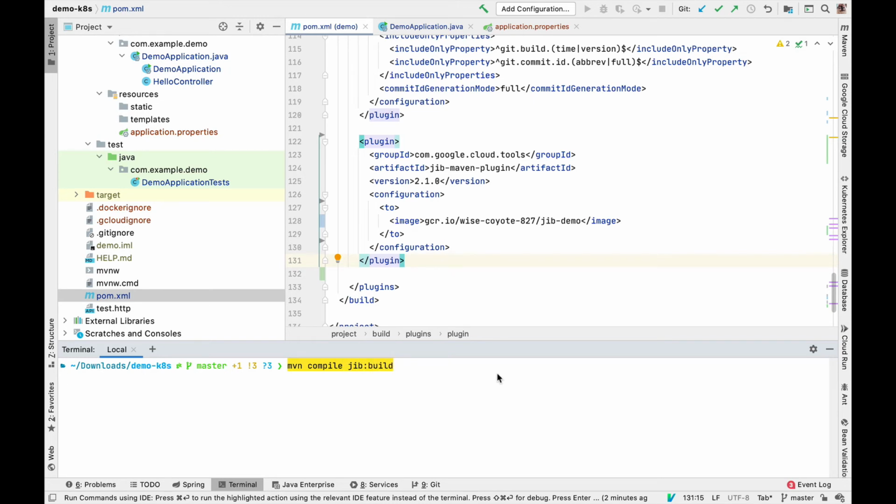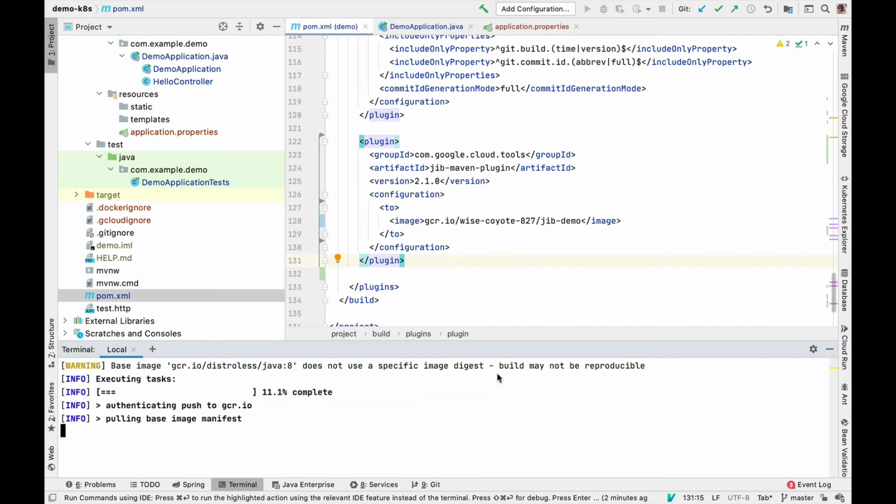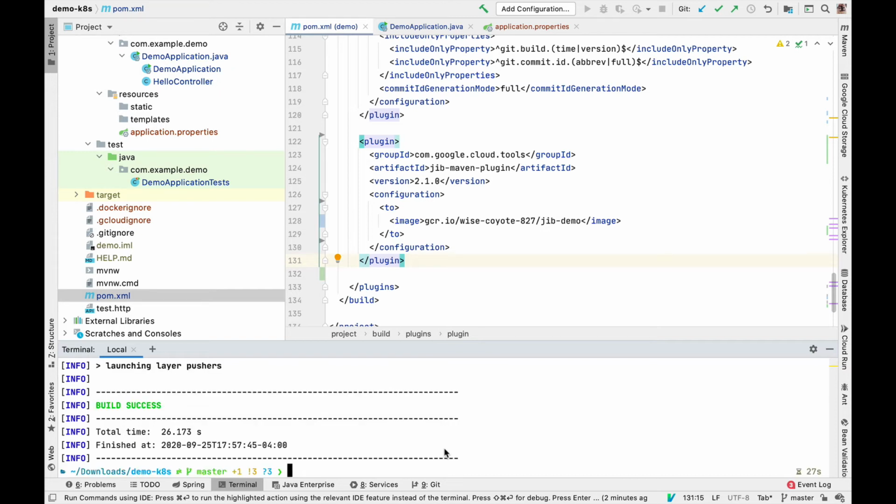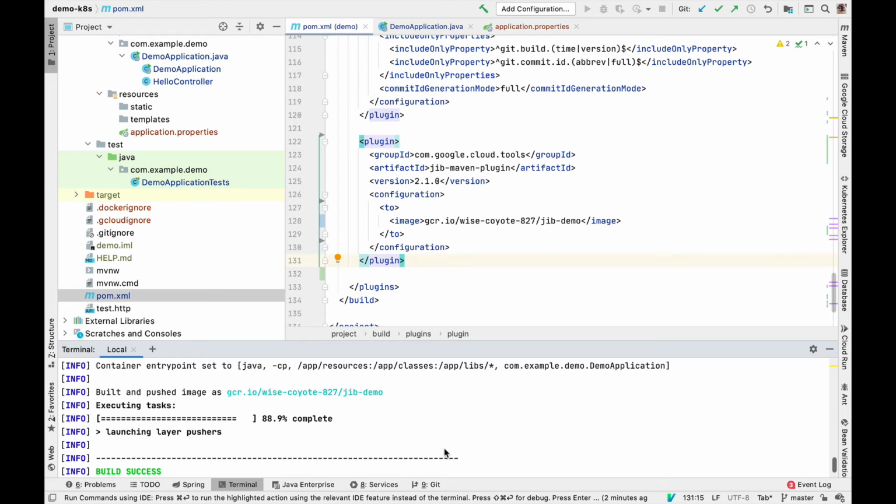What this will do is allow the Jib plugin to analyze your source and your build file and produce the most optimal container image with the right layering, and then push the layers that have changed into a remote registry, while implementing many of the best practices that I cannot actually talk about today just because there are so many of them. And just by jibbing the application, you're much closer to a container image that's production ready.